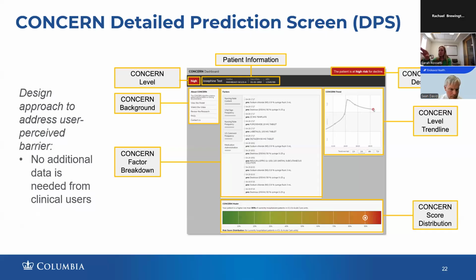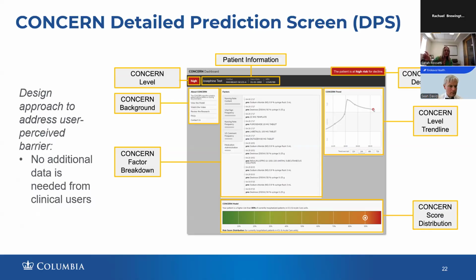And the information that's there is actually pulling their EHR data, so that the clinician can see what was it that was recorded that was driving this score, as a way for them to really understand a bit about that particular patient's prediction. You can also see the trend on the right-hand side there. You can go back to 72 hours to see what that patient's score was. And then you can see where the patient is relative to other patients on the unit at the bottom there.